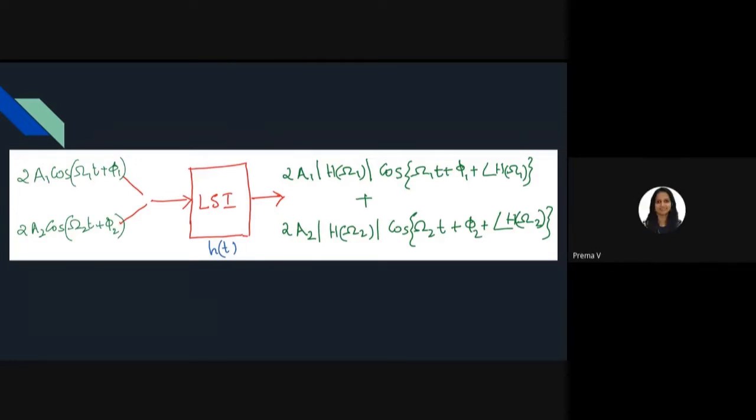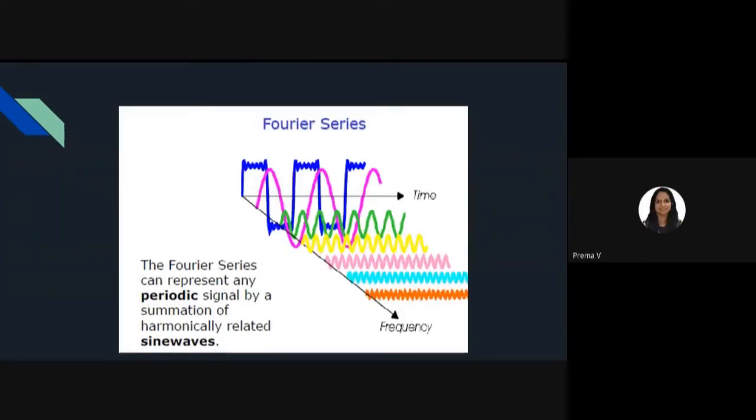We have seen Fourier series earlier. Fourier series is basically decomposing any arbitrary input into a sum of various sine waves of different frequencies. Now, if you apply that to an LSI system, we can predict the output. What could be the output? Different waveforms with a change in amplitude and change in phase, but the same frequencies. So Fourier series is one important thing.